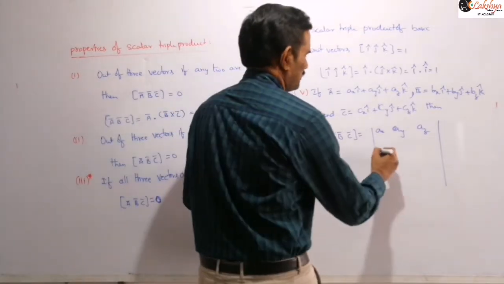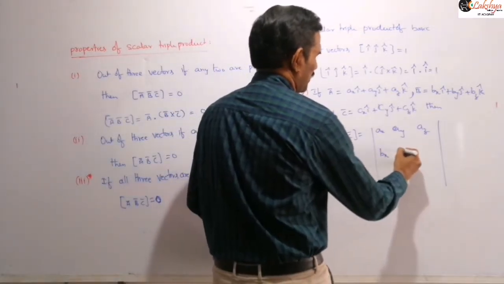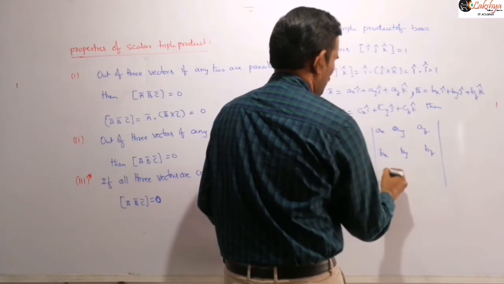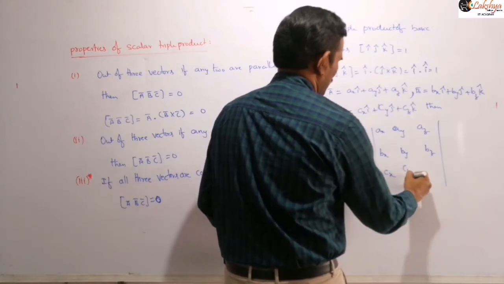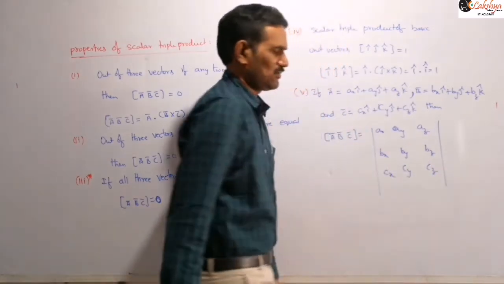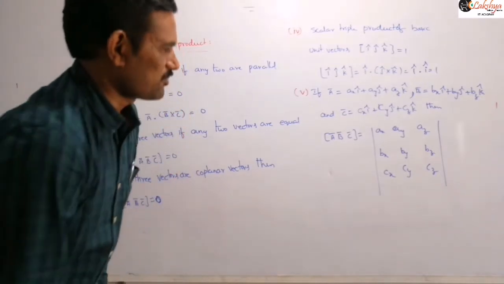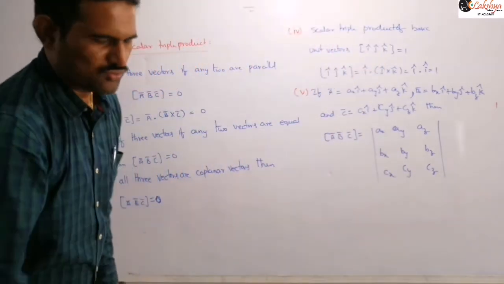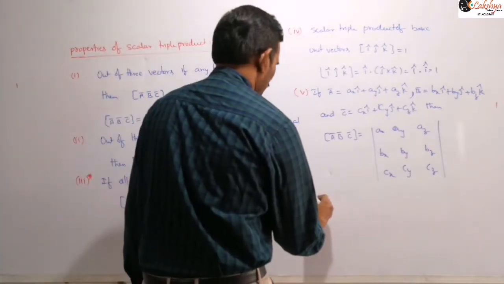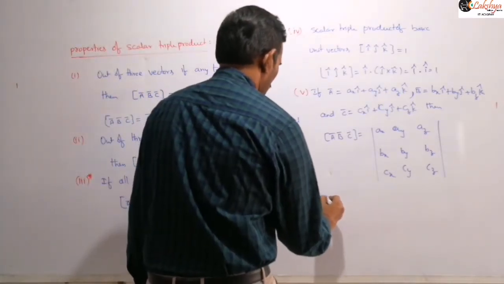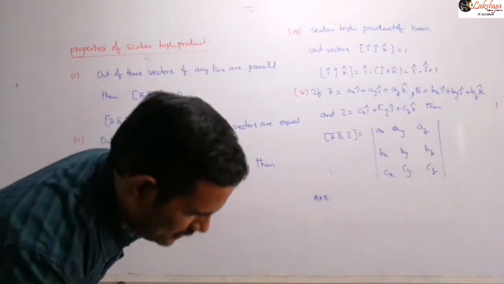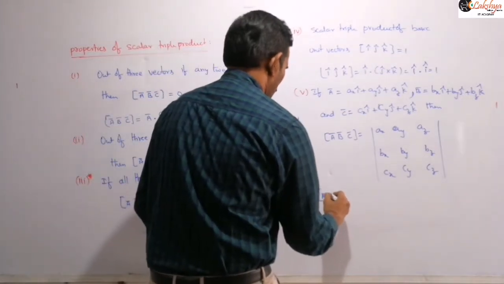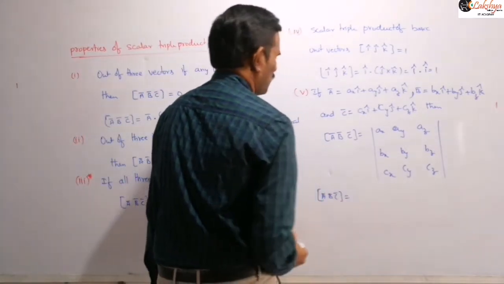And so next, bx, by and bz for the second vector. And similarly, let us write the third vector, cx, cy and cz. You just need to find the determinant of this to find the scalar triple product. So let us write directly in that order: the triple product of a bar, b bar and c bar is equal to